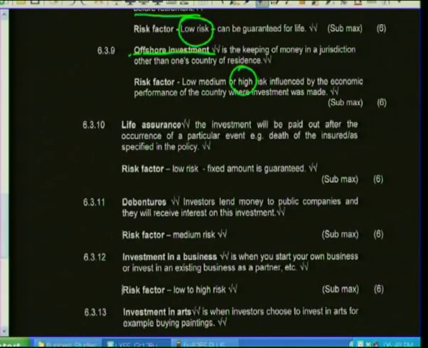I'm going to lose all my money. So I need to make sure that I've also got some investments in South Africa, that I've got a little backup to come back to in case something happens with this. So once again, it could be high risk because of the performance of that country. If we know the country's doing well, if it's a stable economy, then it will only be a low to